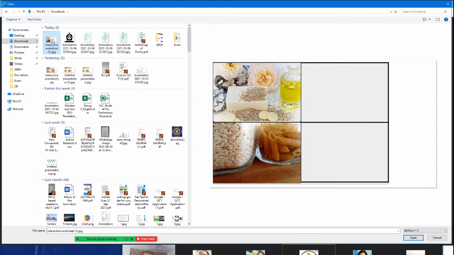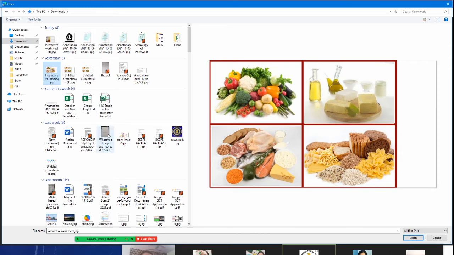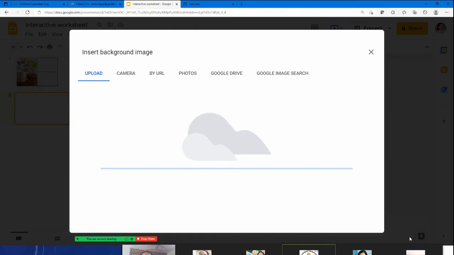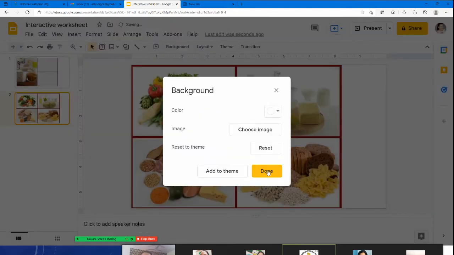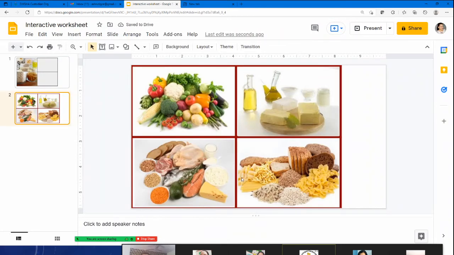But I don't want to make use of this image because this is incomplete. I have already made one image for today's purpose, so I'll just use that one. See, open. Done. So I've got this image.